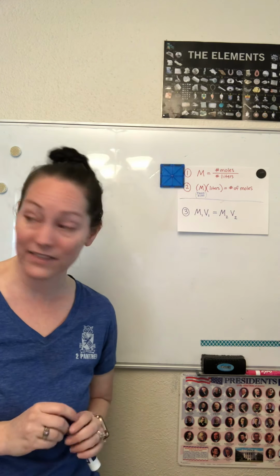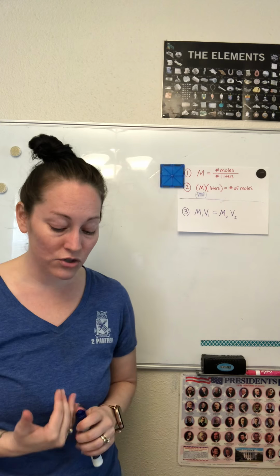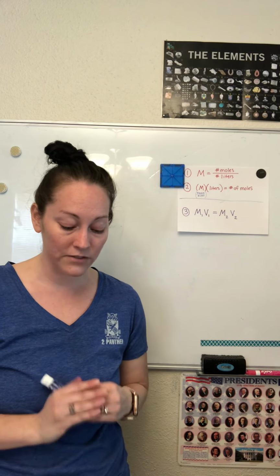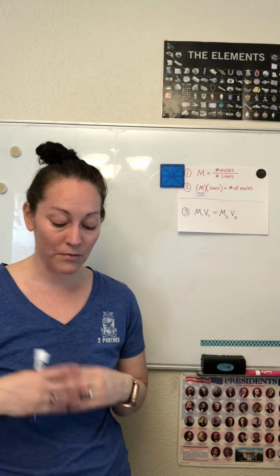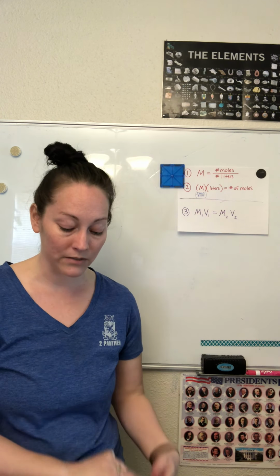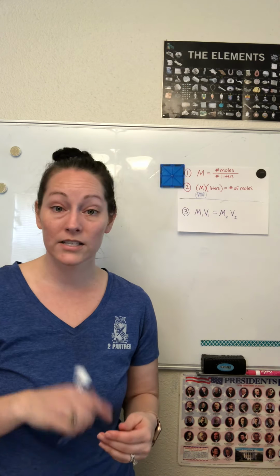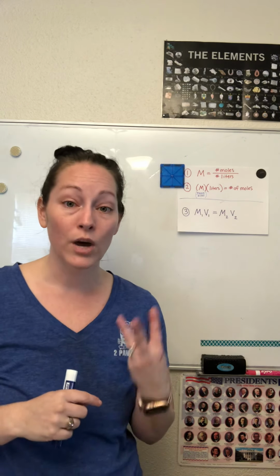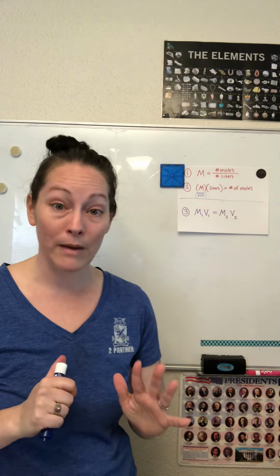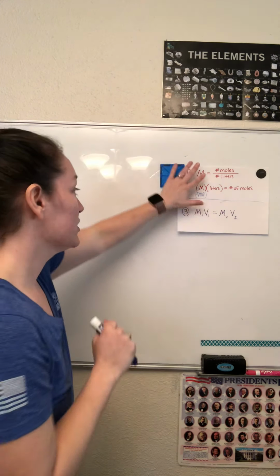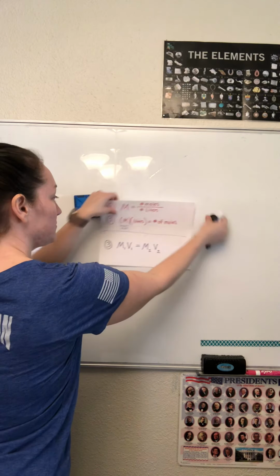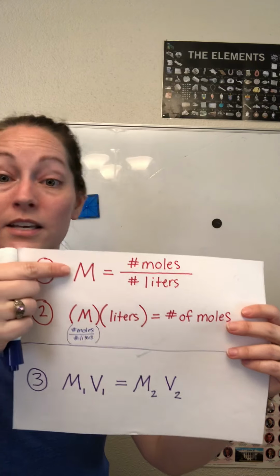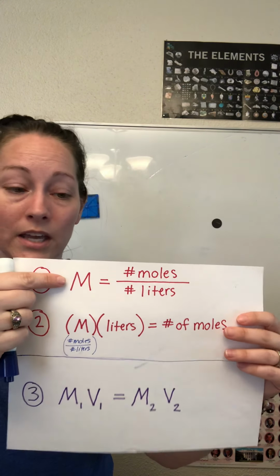Okay, so let's look at the definition. It says a concentration unit that tells how many moles of a substance are in a liter of solution. It's determined by taking the number of moles of a substance and dividing by the number of liters. Okay, molarity is a capital M. Okay, so in this last part of the module, I'm going to give you 3 little formulas that are going to help you remember. Okay, you're just going to be using them interchangeably. So let's look at the first one. This is what molarity means. Molarity, which is how concentrated something is, simply